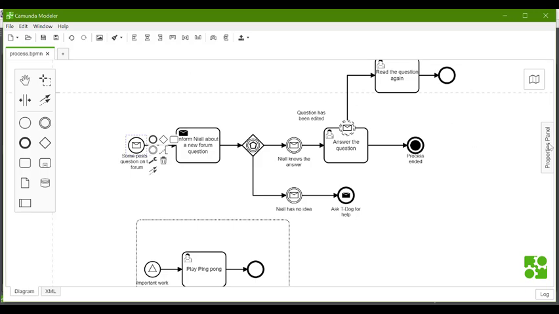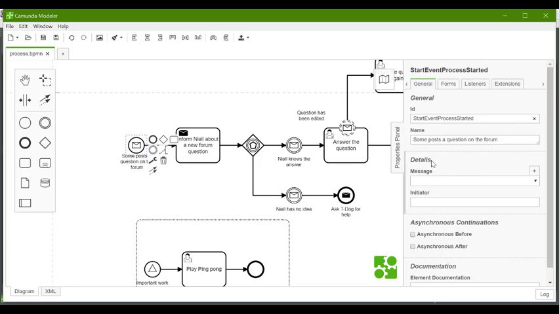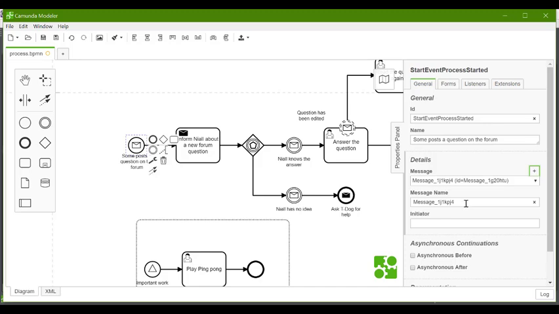So I'm going to open the properties panel up. This is where all of the message configuration is going to happen. And I just need to see here, I've got a message drop down. There's none defined, which is why it's empty. So to define a new message, I'm going to click on the plus. This will give me a generated message name. It's a very good idea to make your own. These things are not so useful. So I'm going to just change the message to question created. Okay, so that's actually all I need to do.